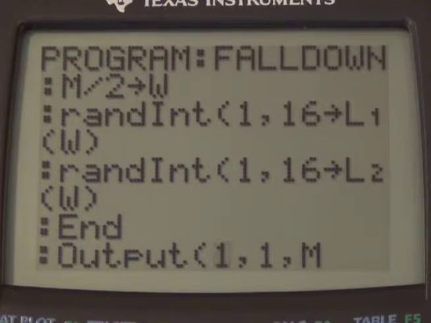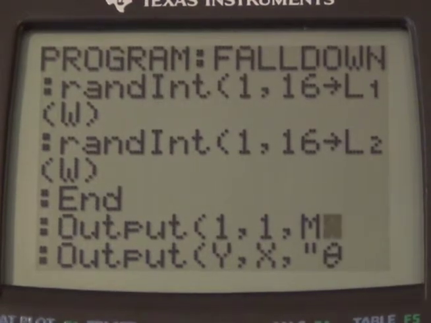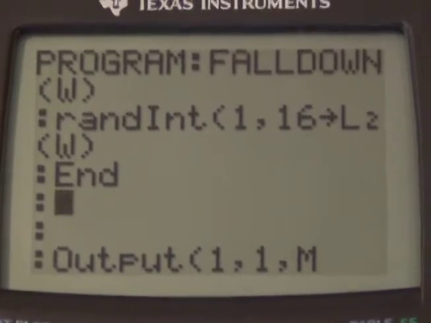So we want to draw that one at the bottom and draw the other ones accordingly to where their corresponding, I guess,